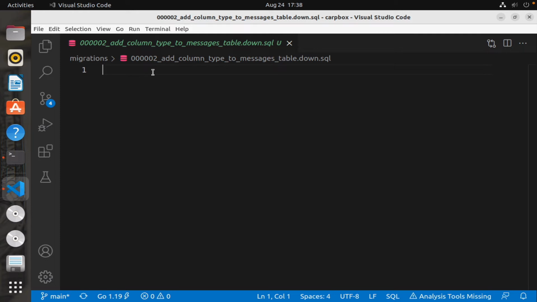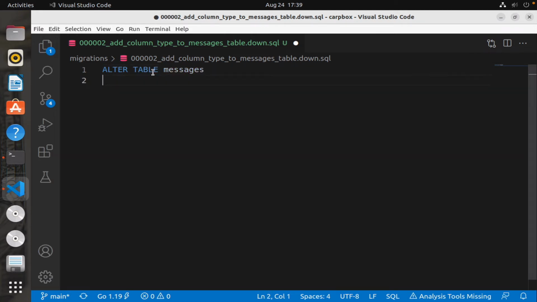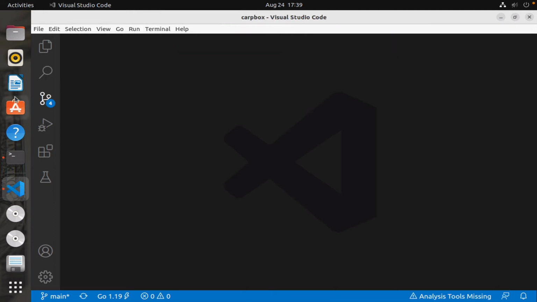The down is easy. All I have to do is to say alter table messages, the correct name, drop column. What's the name? Type. Okay, so drop column and add column. Okay,